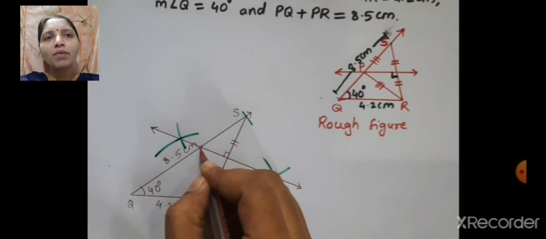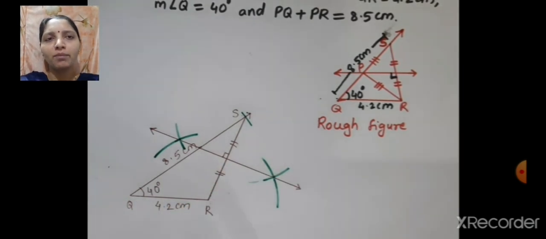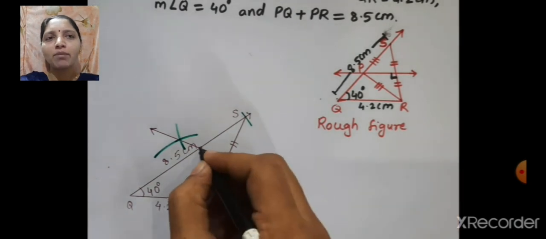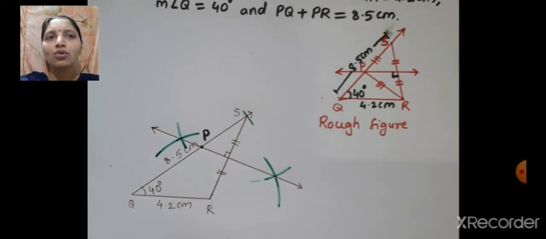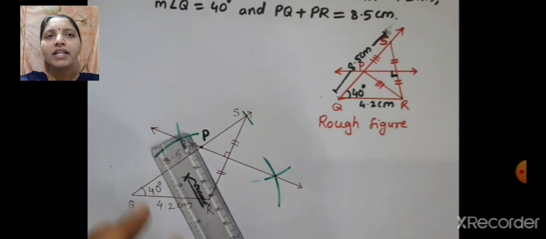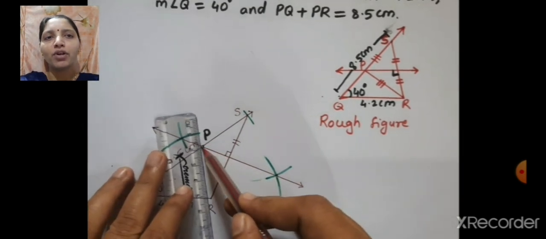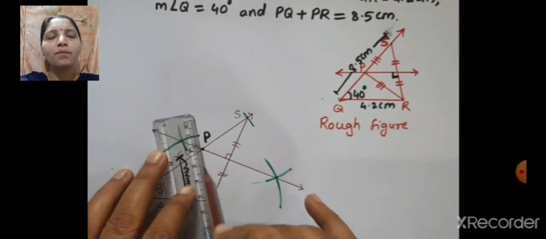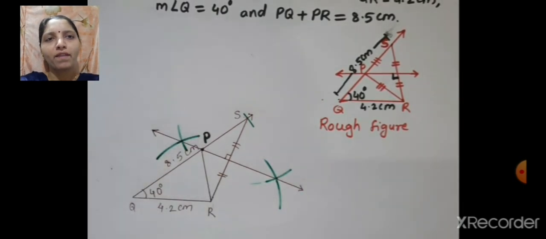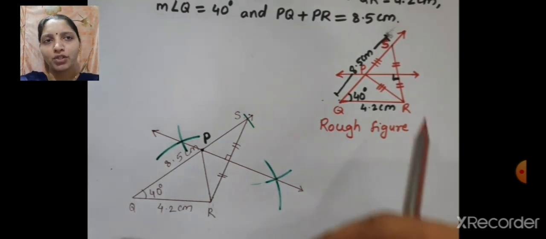Now this perpendicular bisector intersect segment QS at point P. Okay. So you got point P or the vertex P of triangle PQR. Then that vertex you have to join with point R. Okay. So this way you are going to join here. So now you got triangle PQR. So this is the construction of triangle PQR using the given information.